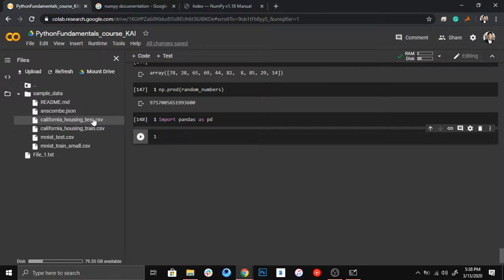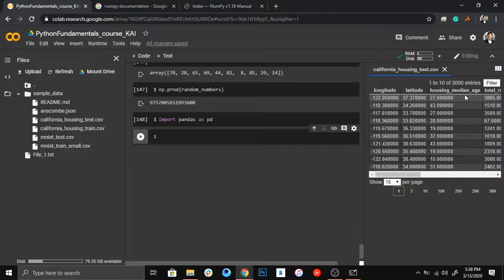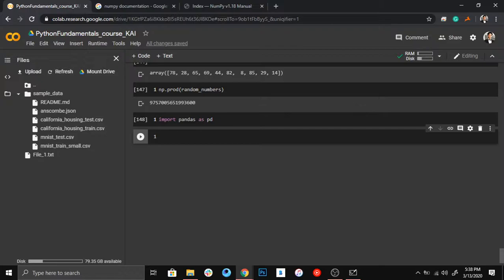If I try to open this file, it will be an Excel file, if you see here, right? We can read these sorts of files because in applications such as machine learning or web development, we need to have access to data sets, or save some data, read some data, manipulate some data. So I'm just giving you some basic information about how to select rows, how to change some values, how to find mean, mode, median using pandas, and things like that. In order to read a CSV file, we need to write